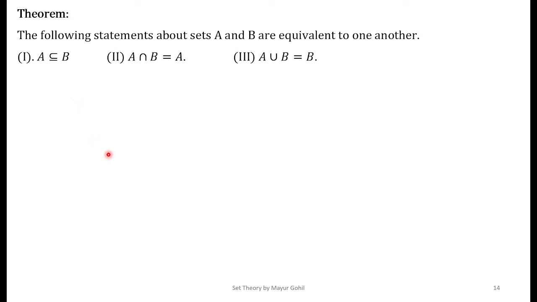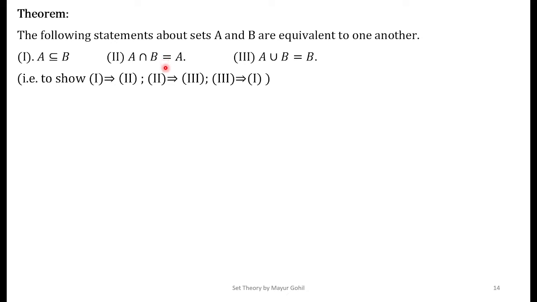Okay, so let me give you the simplest way of approaching the proof over here. We shall approach in this order: to show that 1 implies 2, 2 implies 3 and 3 implies 1. So indirectly each of the statements means the other one, and they are all the same. Equivalent means that if I say A is a subset of B, I mean to say that A union B is the same as B. Okay, so these all mean one and the same. Essentially that's the point of this theorem.